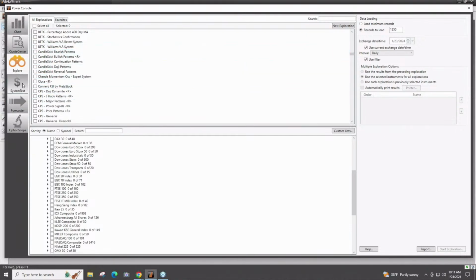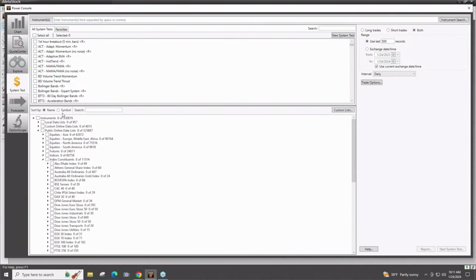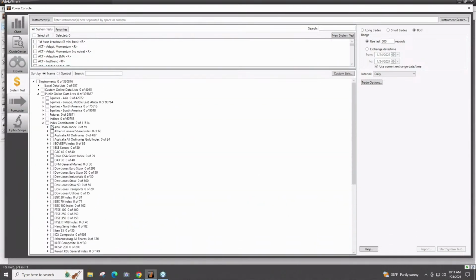And then the next tool is system testing, which we're also going to get into later. But basically, it's the same layout as the scanning. You can choose your system that you want to test, and then you can choose the list of securities you want to test it against, and then you'll get a whole bunch of information, and you can customize that. And then we got the forecaster, which we're not going to get into, and option scope, which is